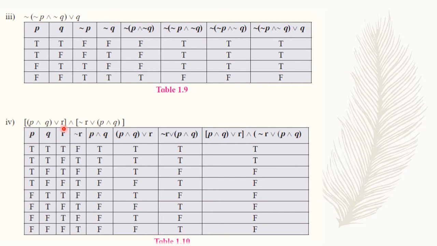Now this is a bigger one. Here we have three statement letters, or components, prime components. Okay, P, Q and R. So here the cases will also be different. When we had just P and Q, we wrote T, T, F, F and T, F, T, F. Now when we have three statements involved, the pattern would be: for P it should be T, T, T, T, first half true and the second half false, and Q will be T, T, F, F, T, T, F, F.